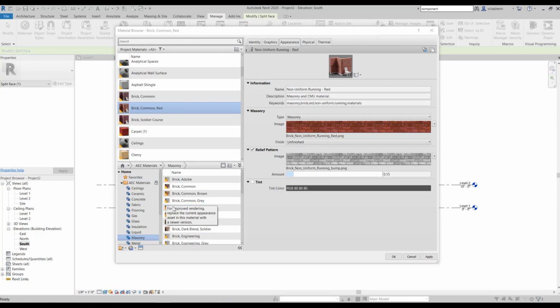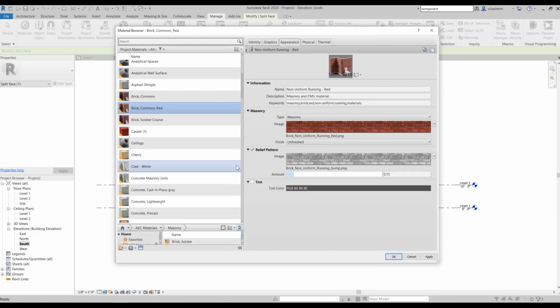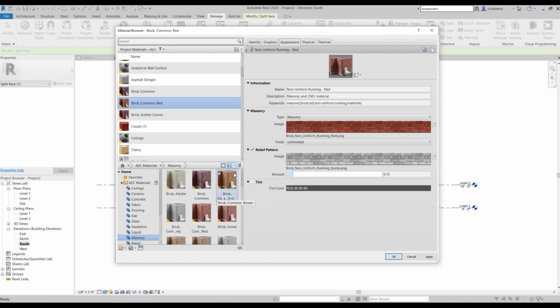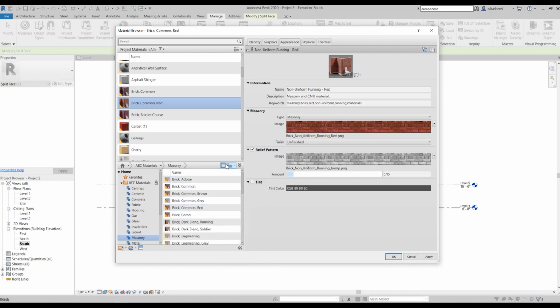Okay, there are lots of buttons over here that you can explore to organize these libraries, so you can go over them yourself. Okay, so you can switch the view, or you can select the categories from here.